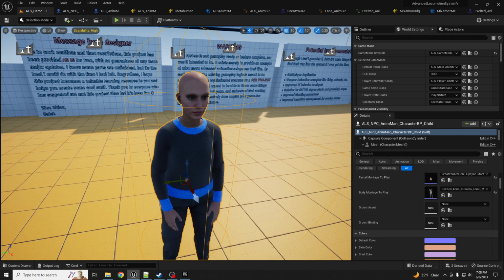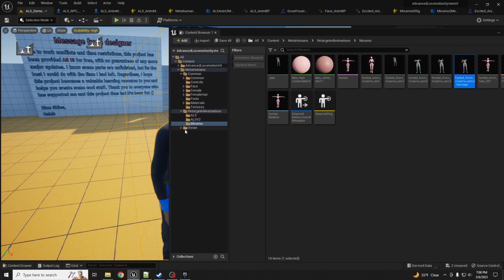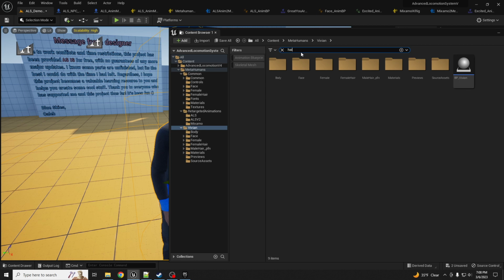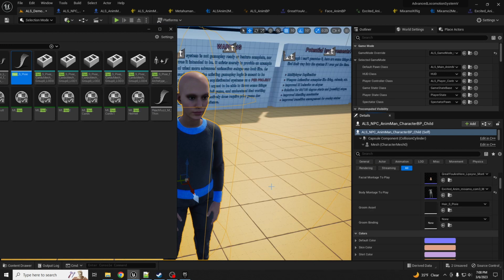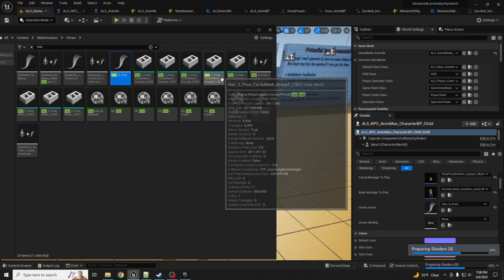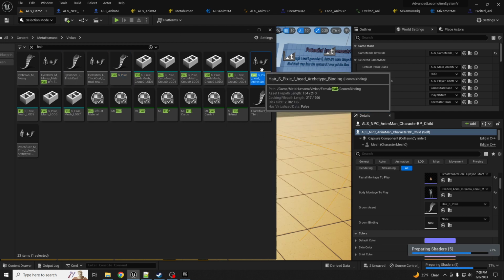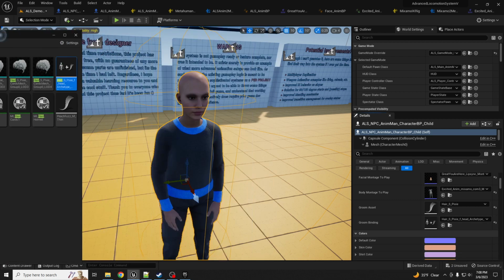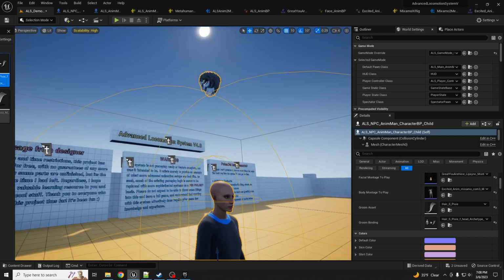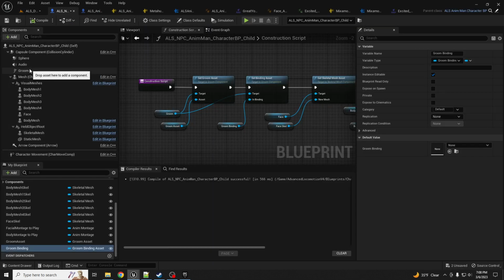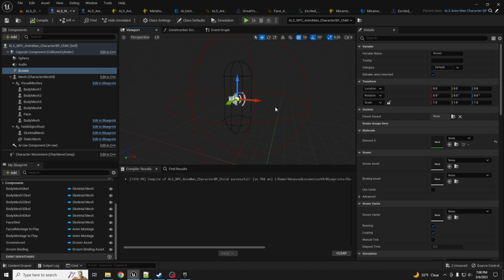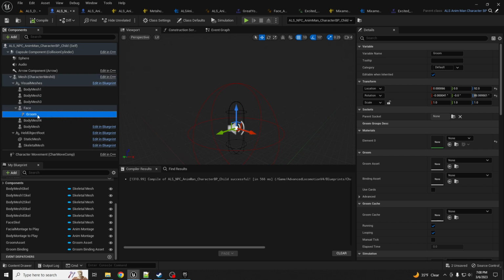Selecting our characters, let's look for the Groom asset for Vivian, and let's search for hair, and we have the hair as Pixie here for the Groom asset. Let's add that in, and there should be a binding for that, and it should be this one here. Let's also add the binding, and it's right there. When we add this Groom asset, in the viewport, where did it end up? Let's make sure. I'm going to try and parent it to the face and reset these positions here,